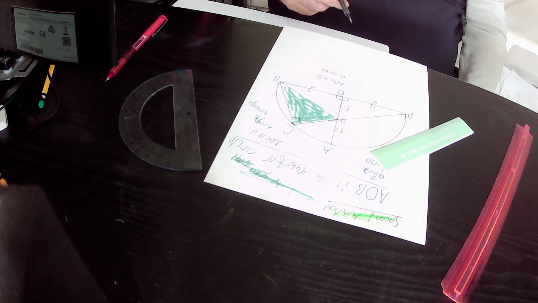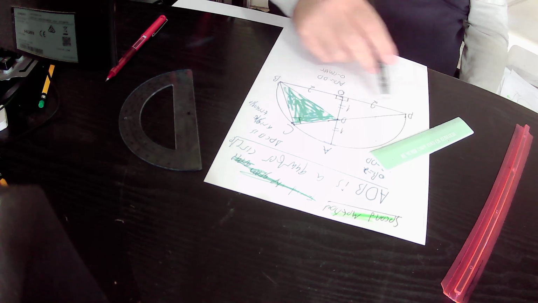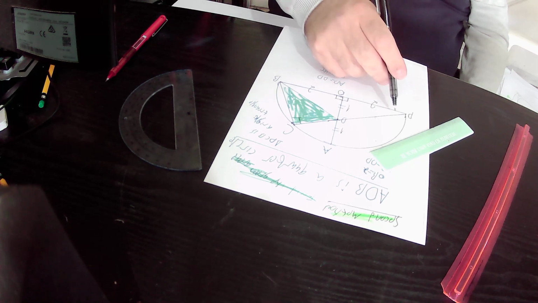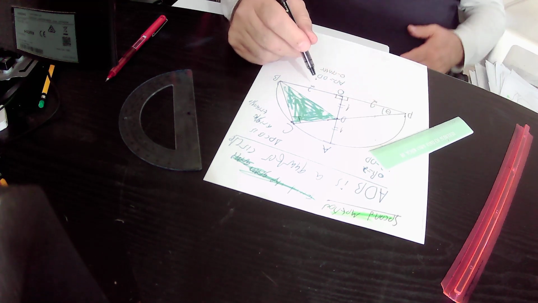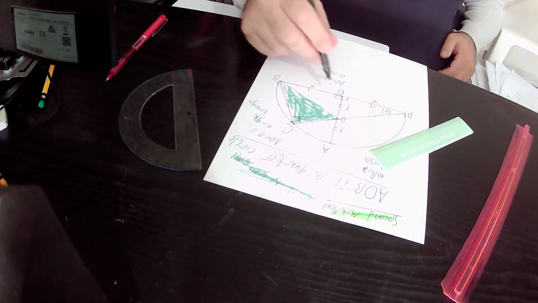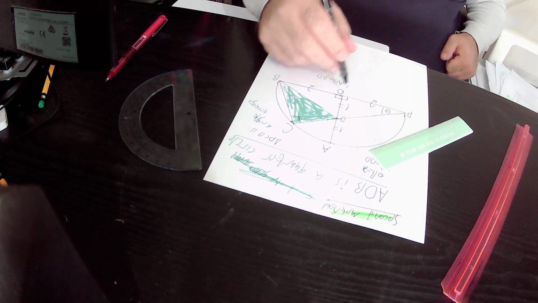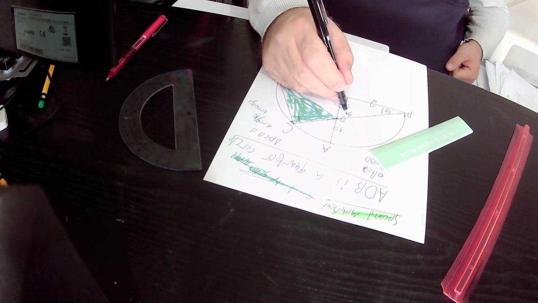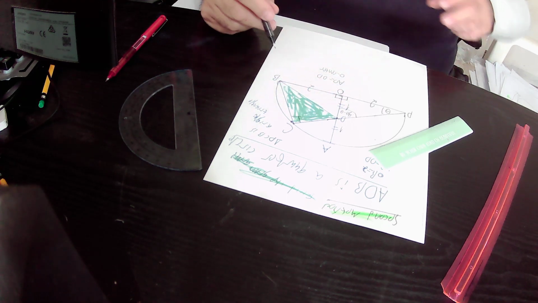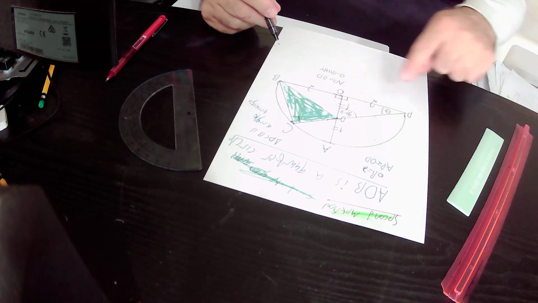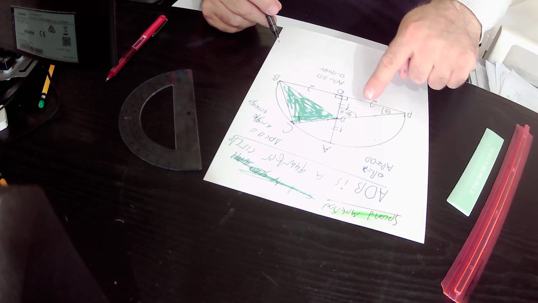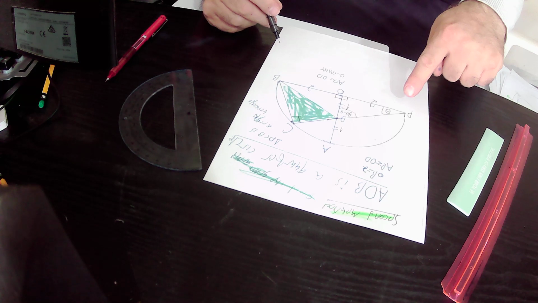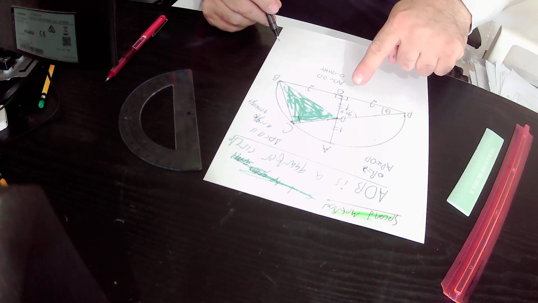In the next step, we define angle DPO of the right triangle. DPO is theta. So angle DPO equals theta. Angle DOP equals 90 degrees. Therefore, this angle must be equal to 90 degrees minus theta in order to complete the sum of the angles in this right triangle, 180 degrees. This angle equals 90 degrees. This angle must be equal to 90 degrees minus theta. Why? Because 90 degrees minus theta plus theta is 90 degrees, and 90 degrees plus 90 degrees is equal